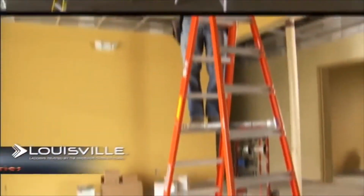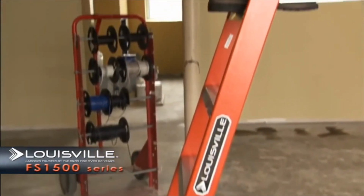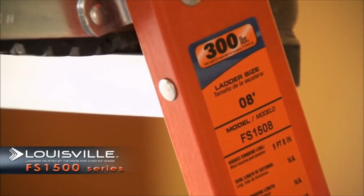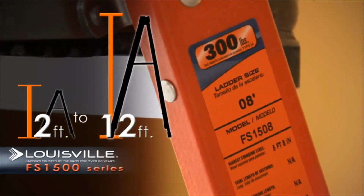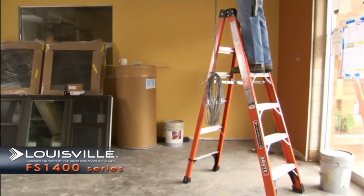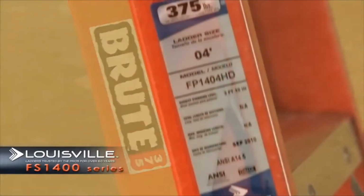The FS 1500 series stepladder from Louisville Ladder is a non-conductive fiberglass stepladder for everyday use by contractors and industrial users. It has a Type 1A extra heavy duty rating capable of supporting 300 pounds and is available in lengths from 2 to 12 feet. If you need a higher load capacity, there's the FS 1400 HD Brute series with a 375 pound duty rating